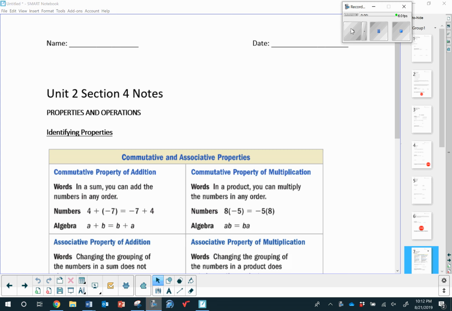All right, friends, we're going to get started with the Unit 2, Section 4 notes. In this section, we're going to be talking about some properties that you may have seen before, may have heard of before, but they are really going to allow you to make sense of certain rules that you're following without probably even thinking about it. So the first two properties that we have here in this chart are the commutative property of multiplication and addition,